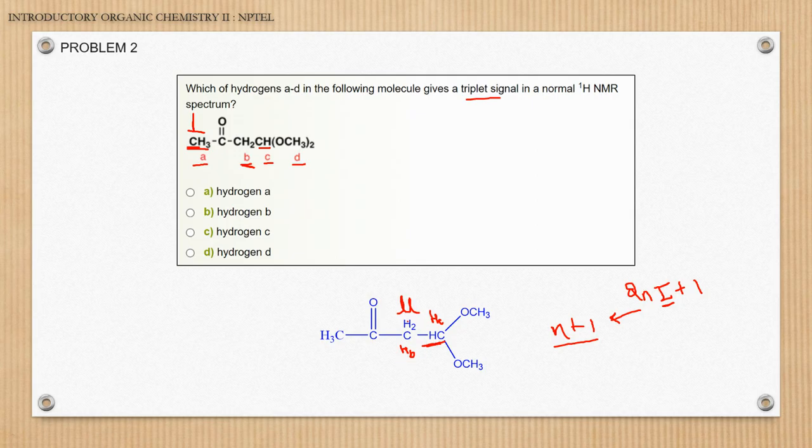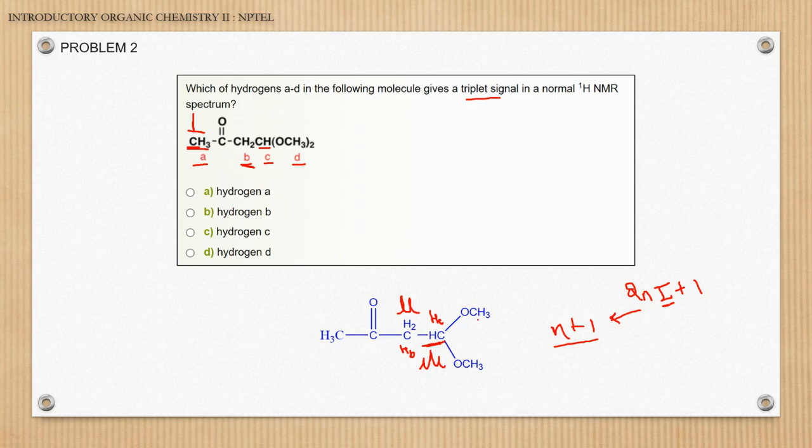So Hb now has two protons, so the n value is now 2. So 2 plus 1 is equal to 3. That is why you will see a triplet for the Hc protons. Because of the Hb protons present at the adjacent carbon, you will see a triplet for